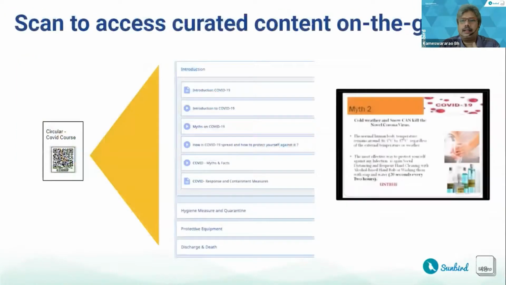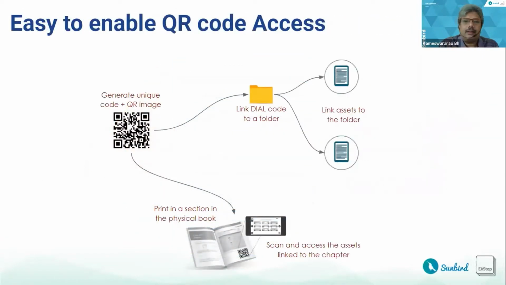And it need not be just textbooks or paper. You can even imagine that you can just print a QR code and stick it onto, let's say, physical devices, right? For example, you want to create a training on how to use certain devices. You create a digital training and then create a corresponding QR code, stick it onto those devices. They scan it at the time when they are using the device, and you get the relevant material on how to use it, right? For example.